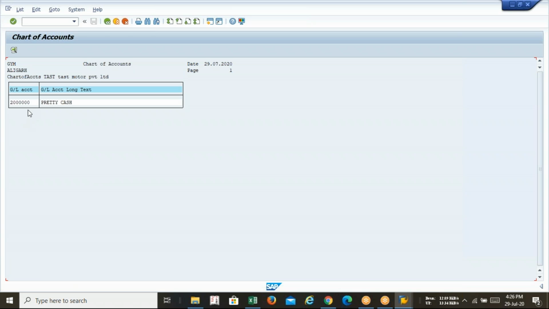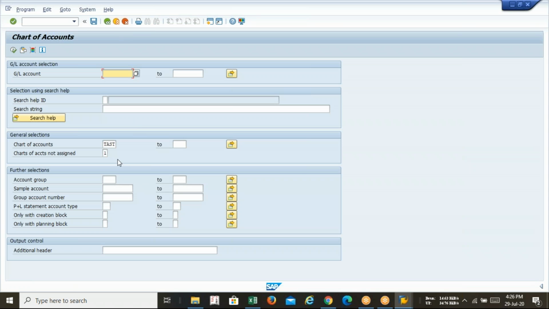So only one GL is coming, madam: petty cash. You have not created that. Yes, sir. How do I change the share? Where did you create it? You have created only one GL, petty cash. Actually I created, sir, in that only 4 items. So just tell me the chart of accounts, in which chart of accounts you have created. The previous one. In this chart of accounts, only one GL is there. So you have to create from the beginning.